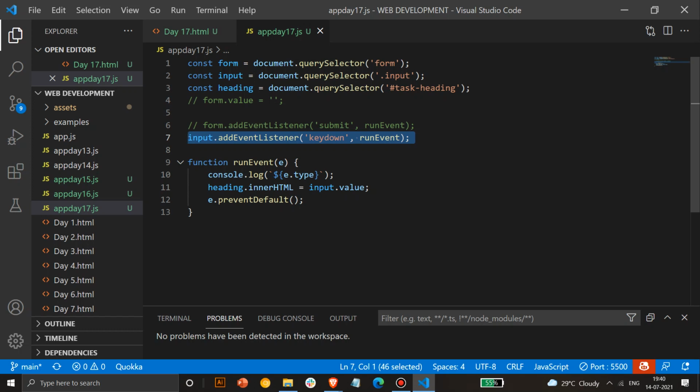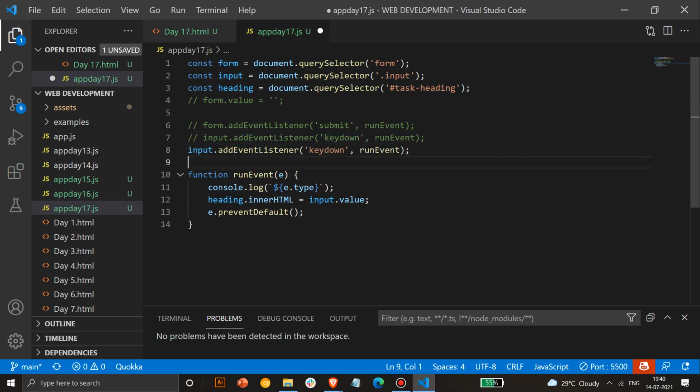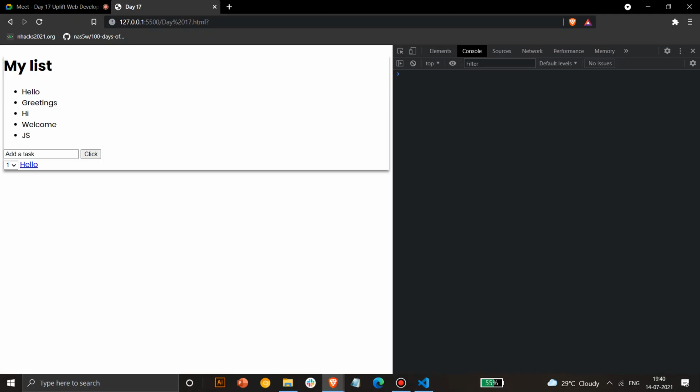Sir, why do we use key down and key up? A really good question whenever it comes to programming. Whenever you are designing a game, like racing cars or parking games, if you keep on pressing your key, it should work.